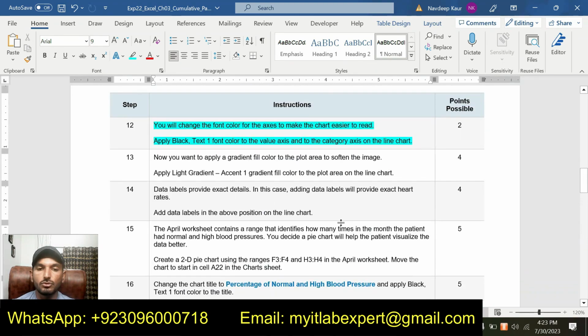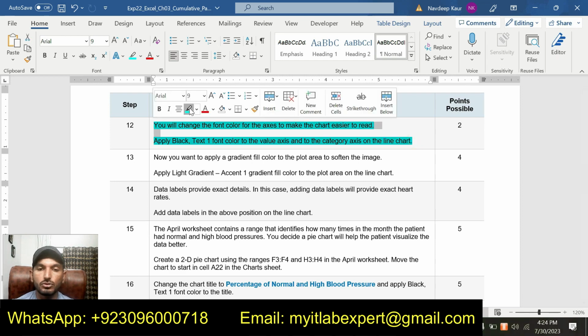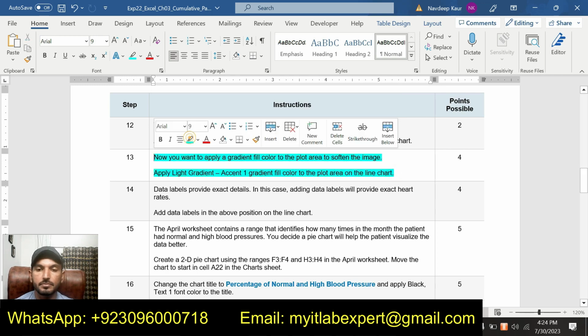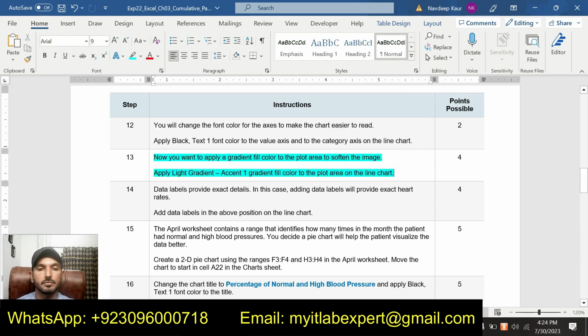So I have shown you 12 steps for this assignment, and now I am going to do step number 13. Now you want to apply a gradient fill color to the plot area to soften the image.